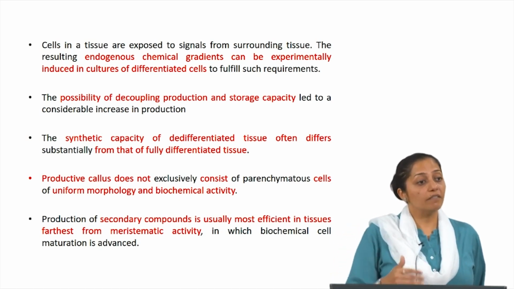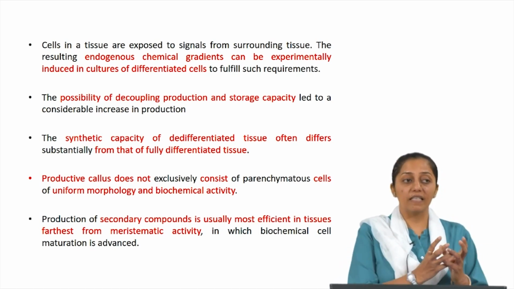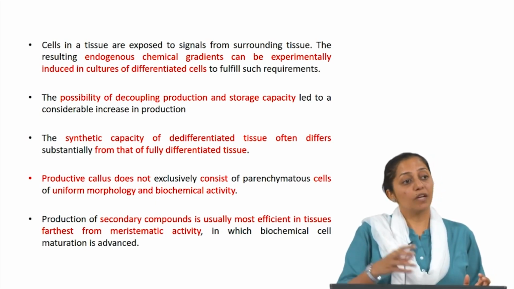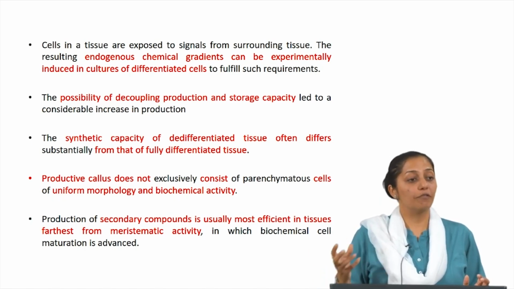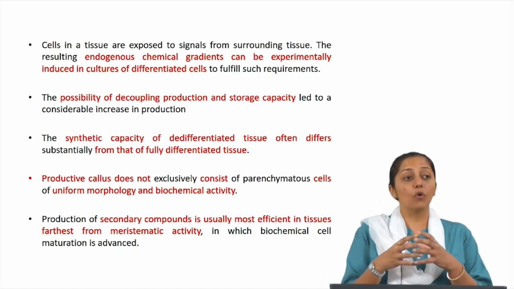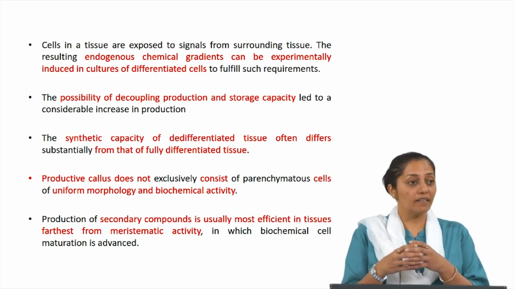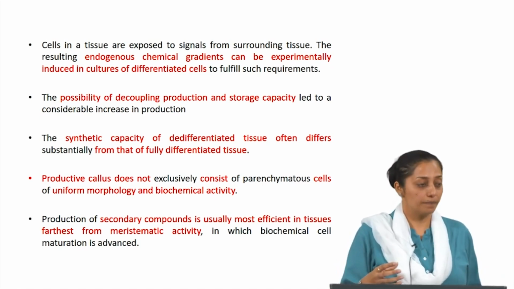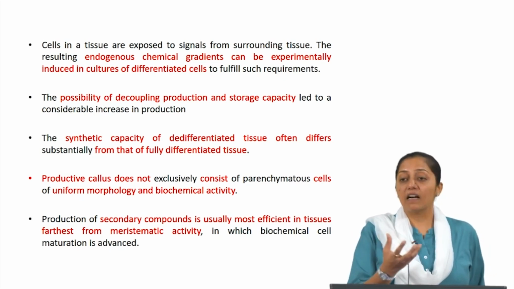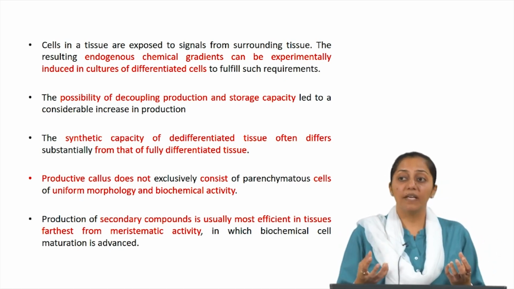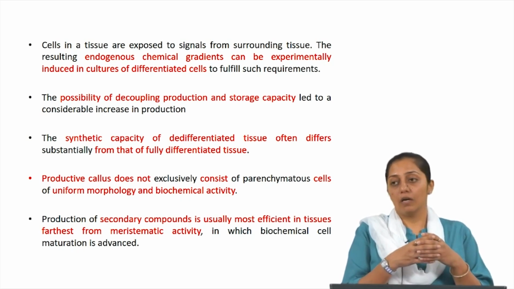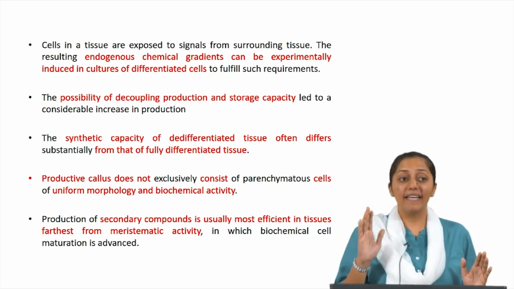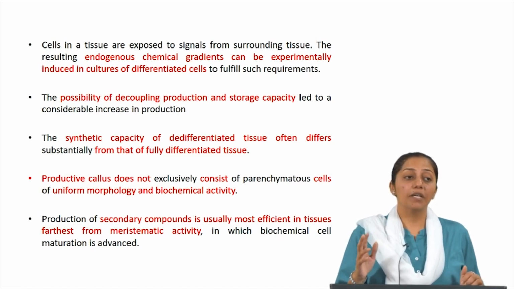Now therefore under in vitro conditions you would find that the cells in a callus may not be as productive as if you convert those cells into organogenesis or more differentiated, or if you see that the callus is more compact, there is more strong cell to cell contact, then the secondary metabolite biosynthesis sometimes gets enhanced. Now see, these are the kind of balancing acts. If the callus or the cell species is aggregating, which may be good for the yield of the secondary metabolite, but that can be a limitation for,